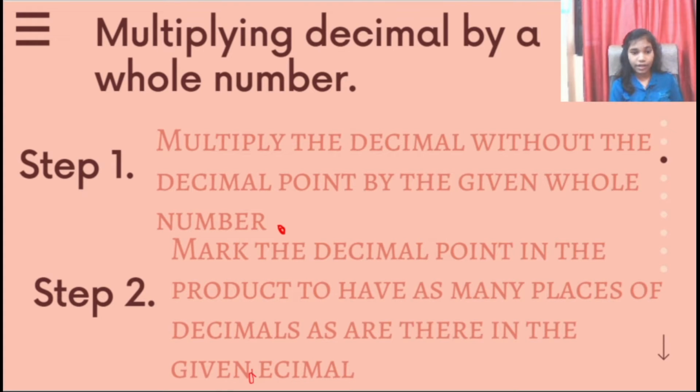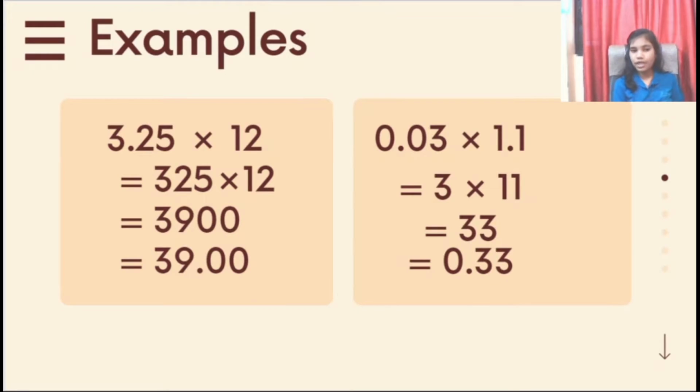It sounds like rocket science, but actually it is not. Let's study this with an example. Now you have 3.25 multiplied by 12. What was the first step? We know that multiplying decimals is very much like multiplying whole numbers. The major difference is that you finish multiplying all the terms while ignoring the decimal points.